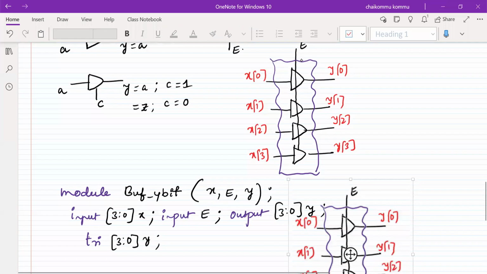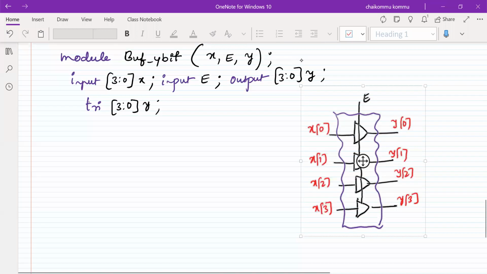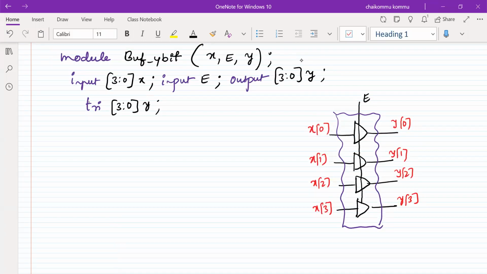What is the best way that we can write this one? Array of instances is better, or directly putting a comma. For an array of instances, if E is not available, then it is possible to write array of instances. But E is only 1-bit size. X is a 4-bit size, Y is also 4-bit. If E is also 4-bit size, it is possible to write. Otherwise, it's not possible. Therefore, no alternative, we have to write.